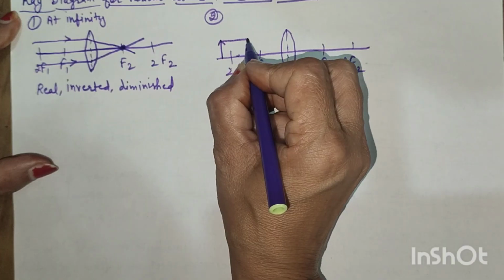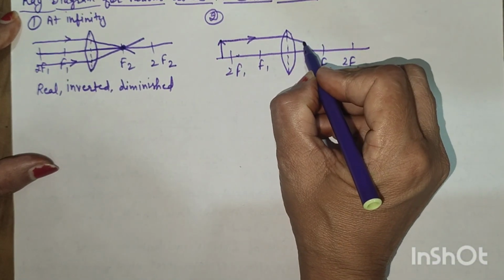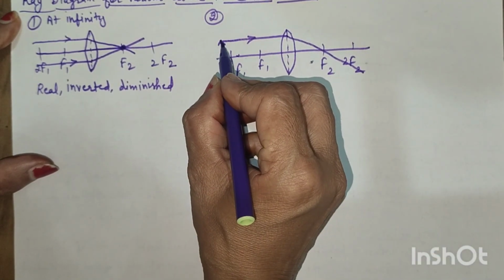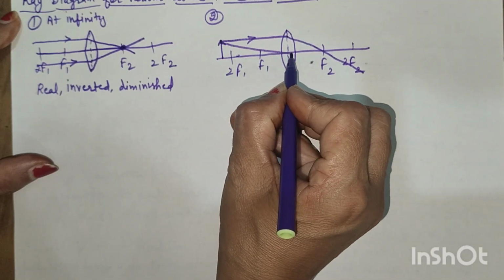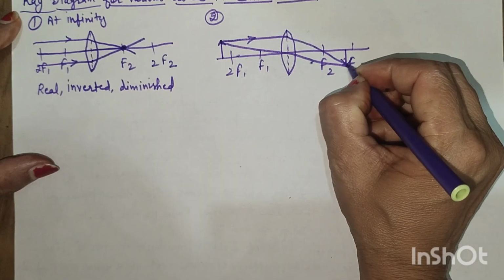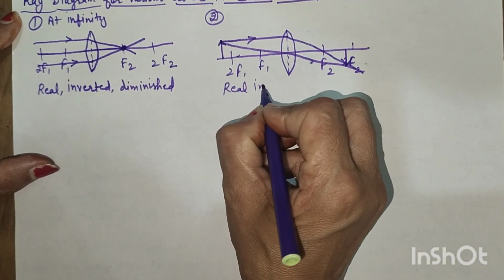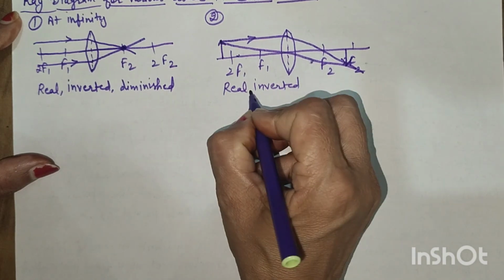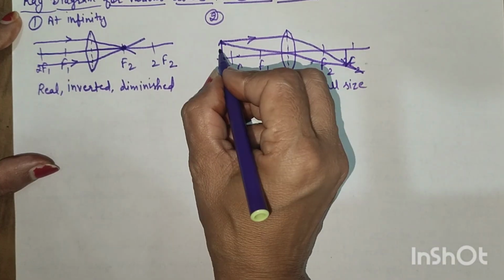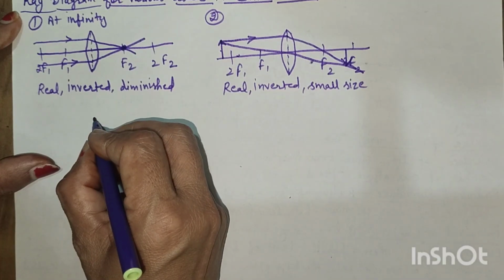According to the first rule, the rays go parallel to the principal axis and then pass through the focus, and then pass through the optical center without any deviation. This is the image. The image formed is real, inverted and small in size than the object. Now at the third position,